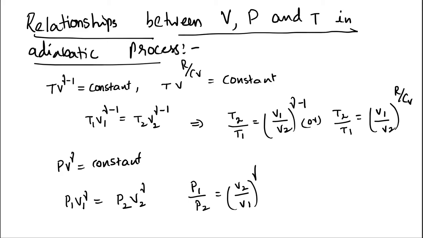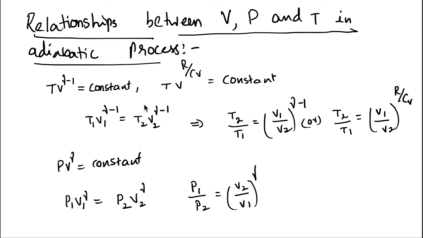Hi everyone. In the last class, we established a relationship between volume and temperature. Then we established the relationship between pressure and volume in an adiabatic process. And we were left with a relationship between pressure and temperature, which we do in this class. Also in this class, we will be covering Joule's experiment and the dependence of enthalpy and internal energy